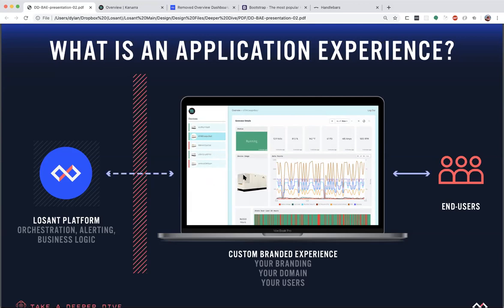If you're going to also build a mobile application, you're not going to host that interface inside of Losant, inside the experience, but you do want to build the API calls that the application is going to make inside of application experiences. It's just going to be, again, simple data return instead of a full web page.